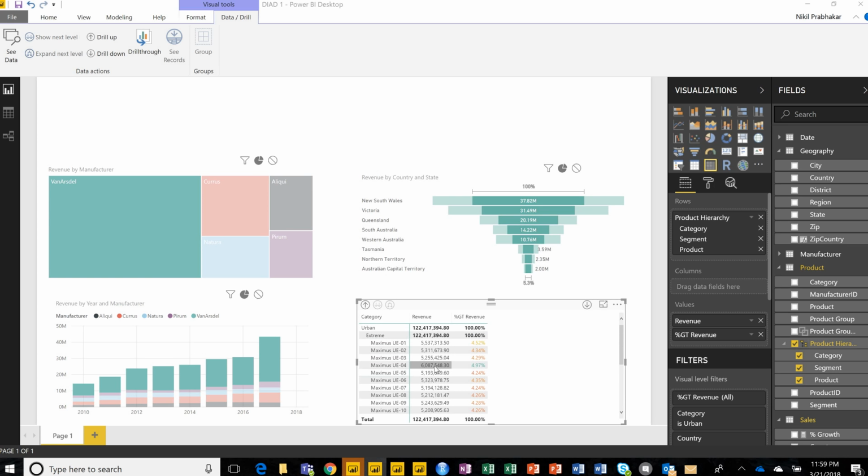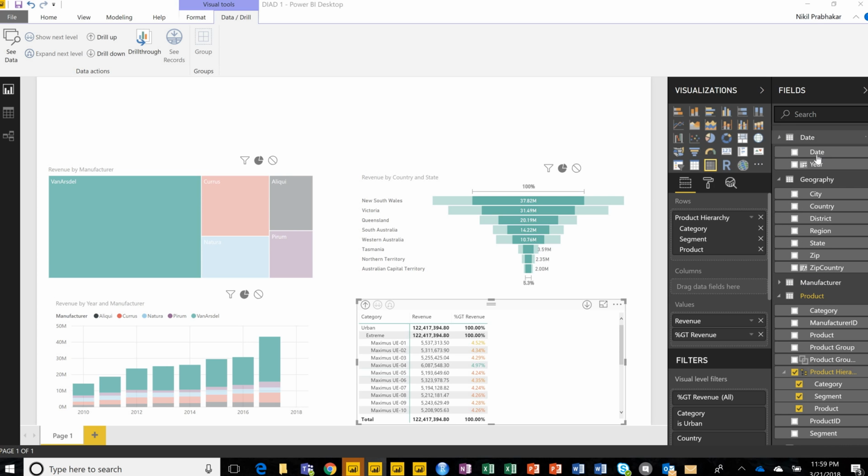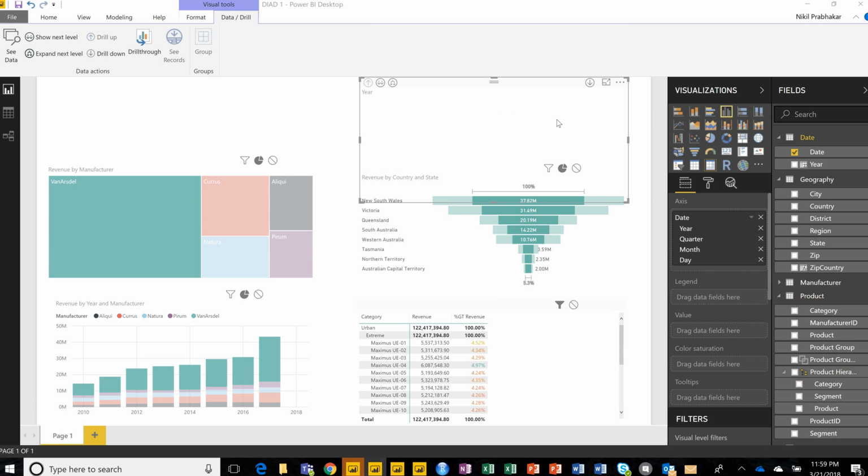And see that Maximus UE4 is my biggest seller there. So, and also I will introduce a date slicer at some point to talk about